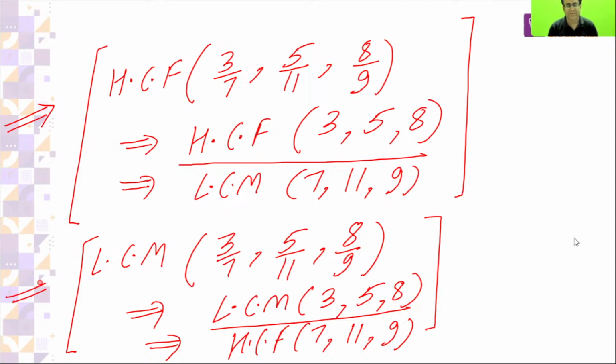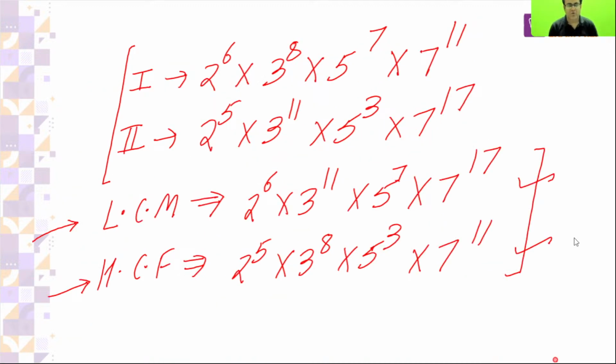So now come to LCM. LCM is LCM of all numerators and HCF of all denominators. So this is about LCM, and this is about HCF. Have you noted down the LCM and HCF of fractional parts? Then come to one more important thing. If two numbers are given,